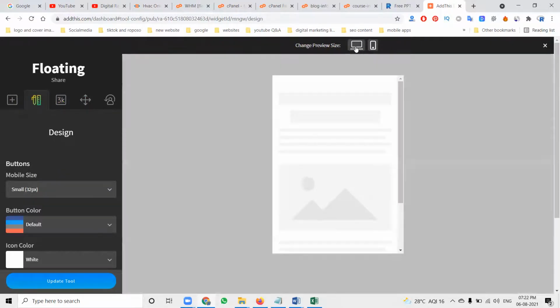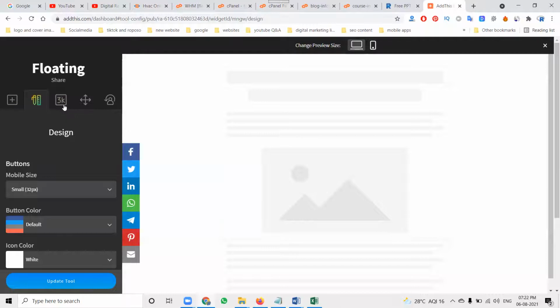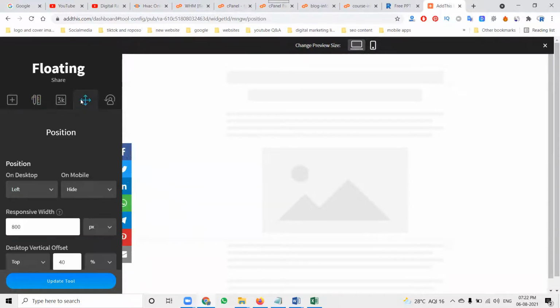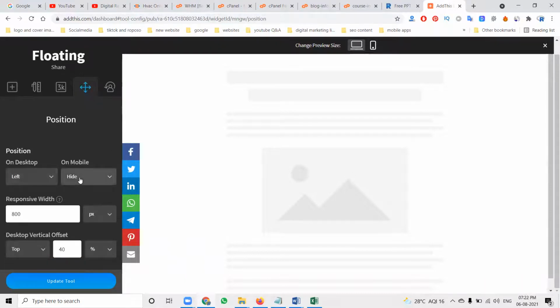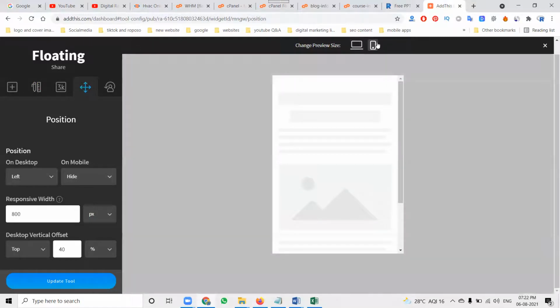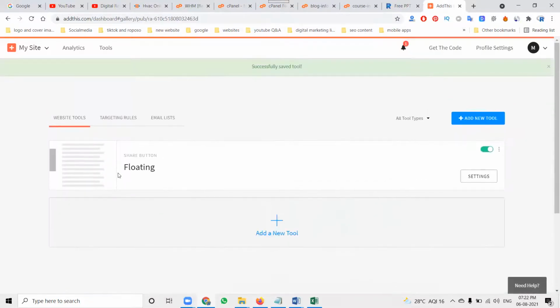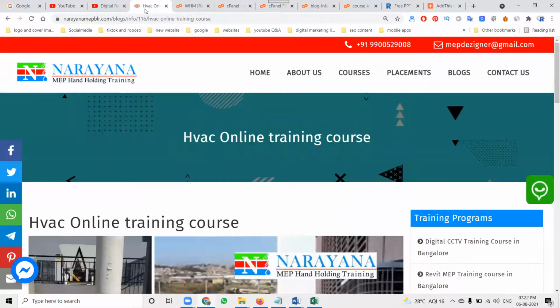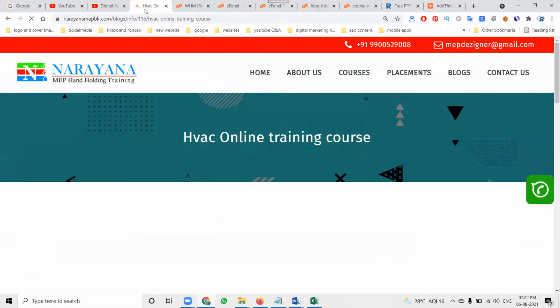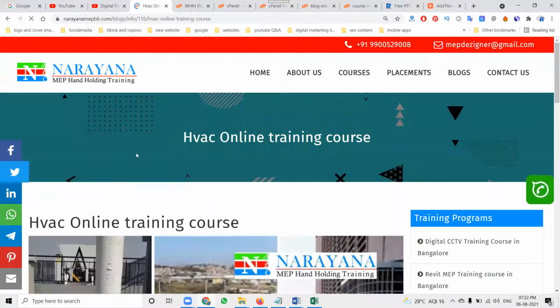Here is the mobile. Here is the desktop. Mobile also. Yes. So once again, refresh it. Here, all the options will show to the customers.